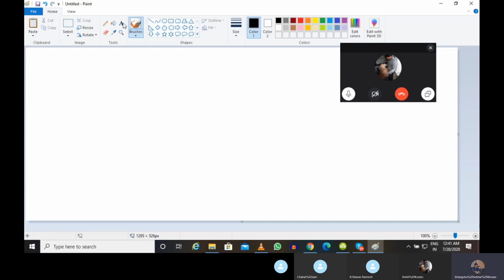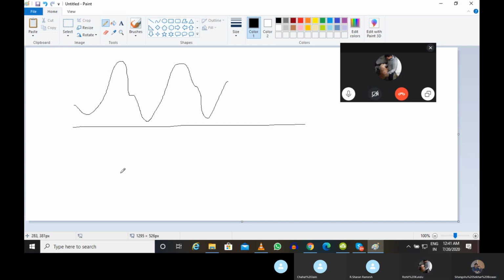Say now you are getting data of something like this. In a common ECG, you know how the signal will be, something like this. So now both the data points you match.